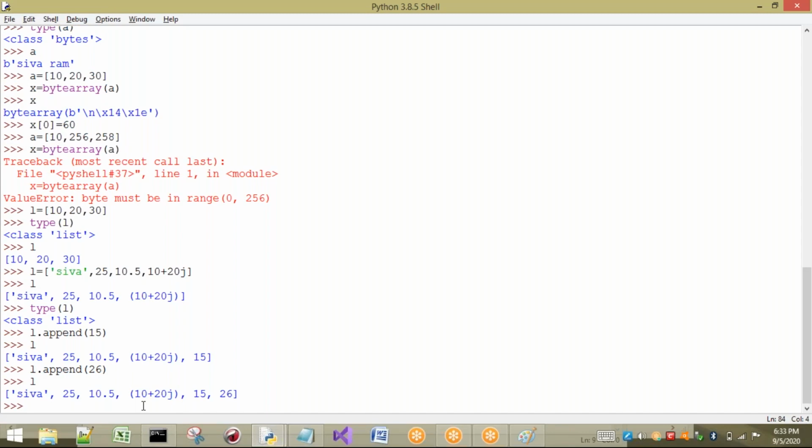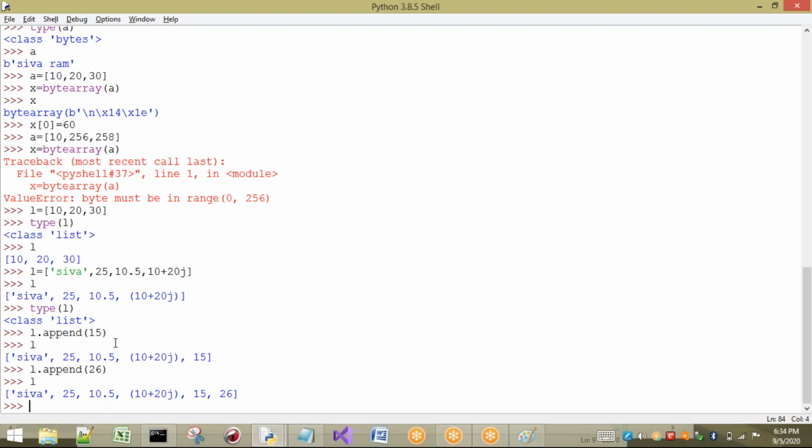Okay, right. Now 3 points we have discussed here. First one is, whatever the order you are going to give to the list, in the same order it is going to print. That means the elements are inserted in order. Next one is, heterogeneous types or heterogeneous objects are allowed. That means you can insert any type of data. You can observe in this step, it is string type, it is int type, it is float type, it is complex type. No problem. Next one is, if you want to insert any data into the list after creation also, we can insert by using the append method.